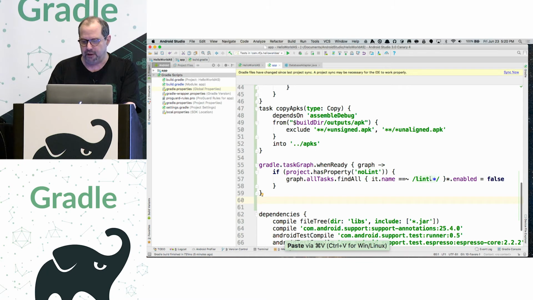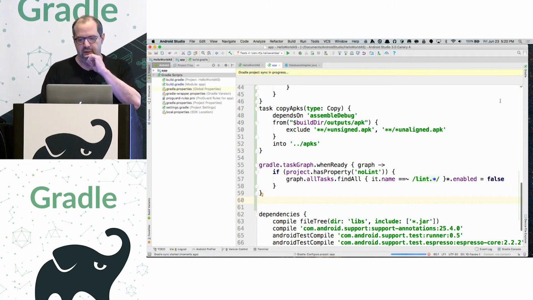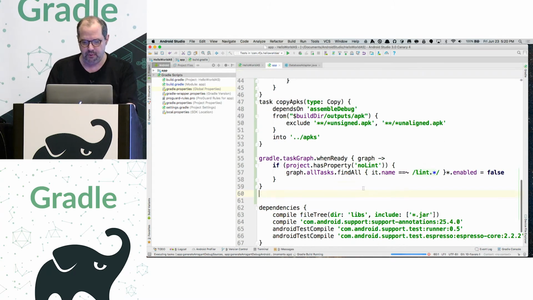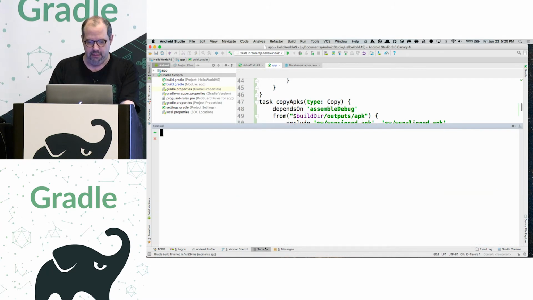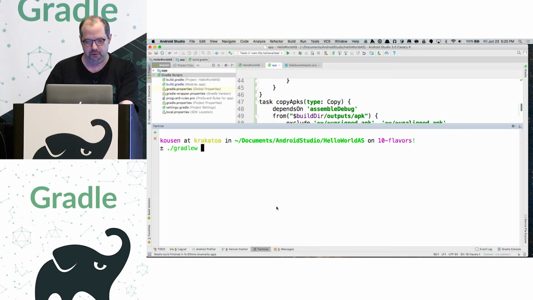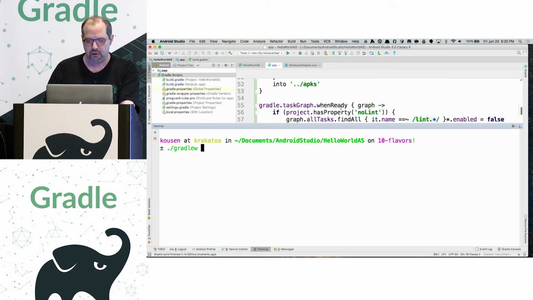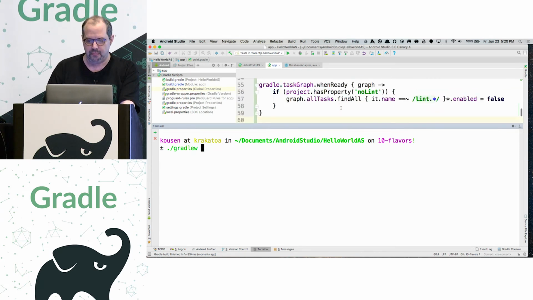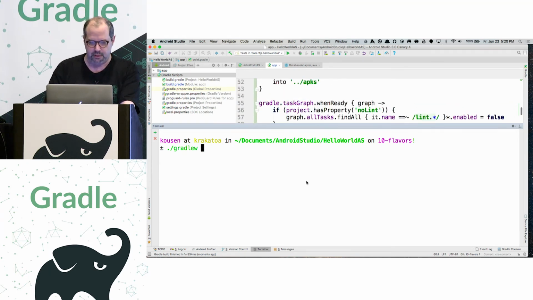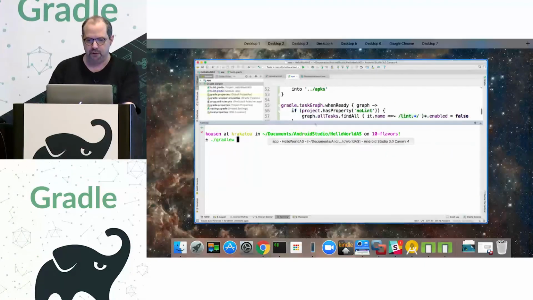So there's my findAll with matches lint.*, enabled is false. Let me synchronize on that. And then what I'm going to do is say ./gradlew